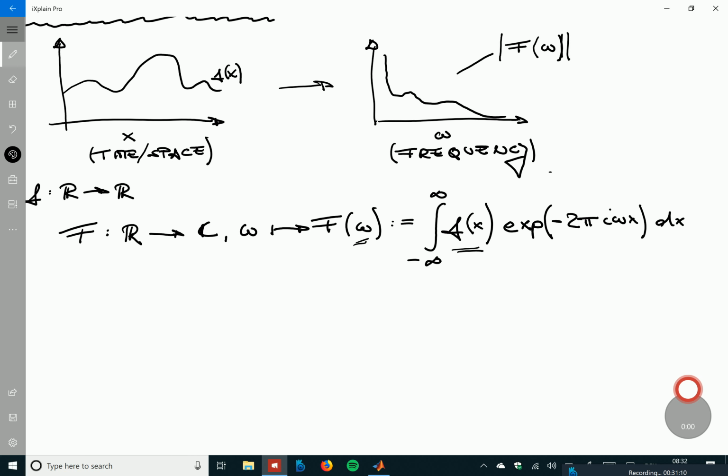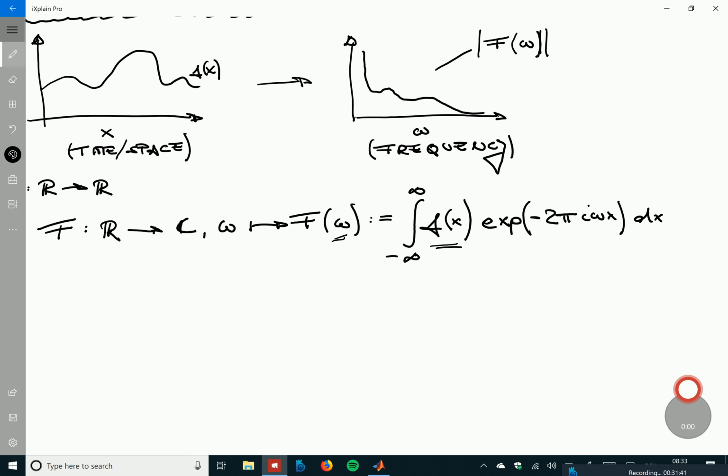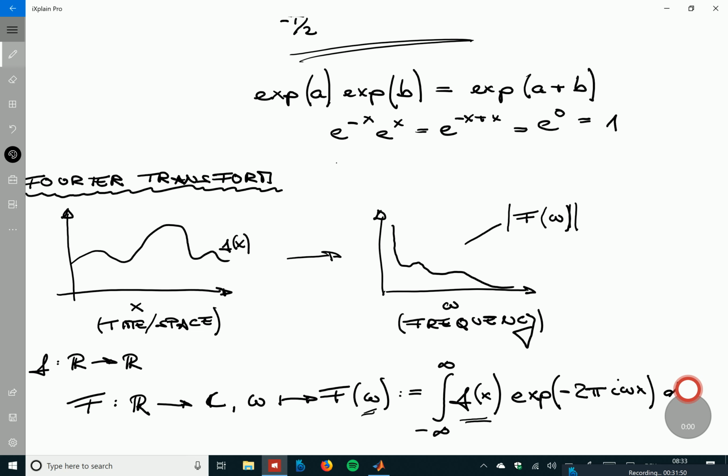We will not, and this is already here the important message, we will actually not do these integrals. So this is something that you can do in math, and you're very welcome. And in books you will always find some examples for Fourier transforms of functions. We will only use this essentially as the inspiration for the discrete Fourier transform, which I want to do directly afterwards. However, this formula for the Fourier transform, which, if you open a book on Fourier transforms, is the first formula that you see, is, of course, motivated in terms of